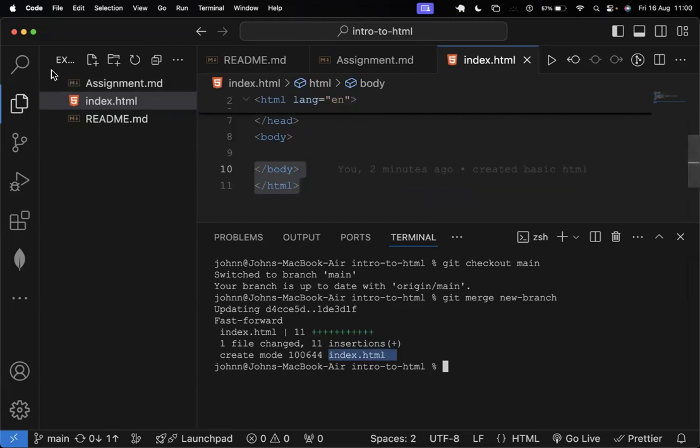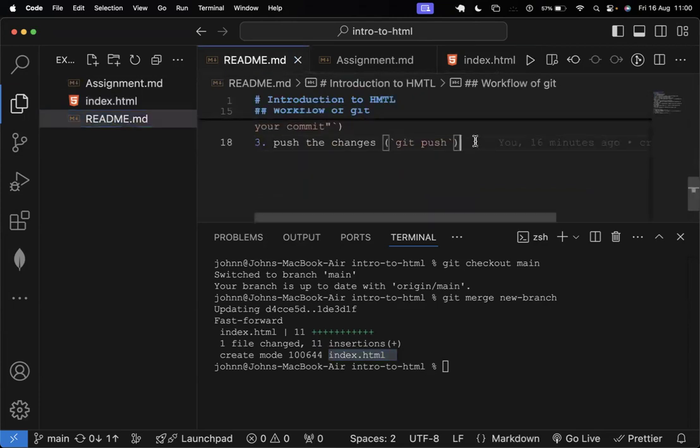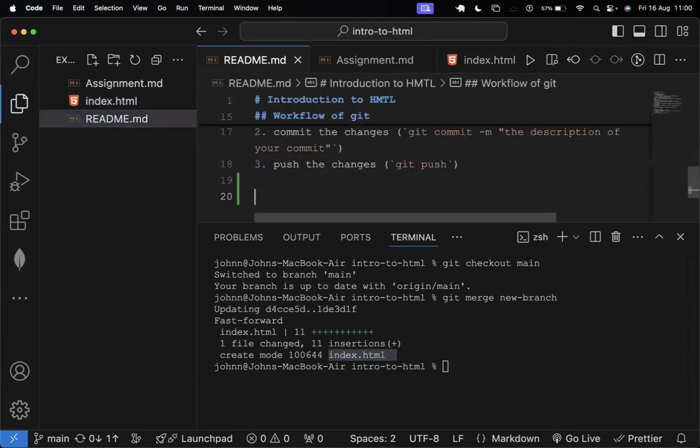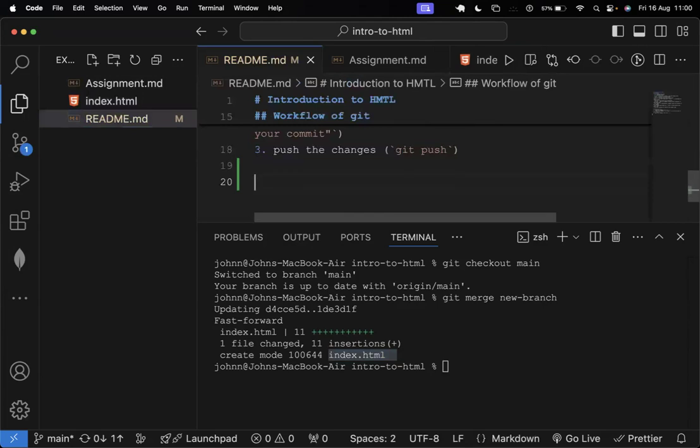Right? So let me go back to the README and talk about that one. I will actually later on refine this README for you to read well. So let me say